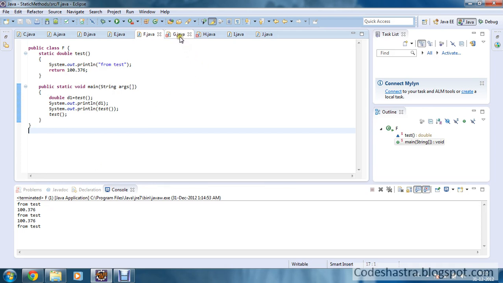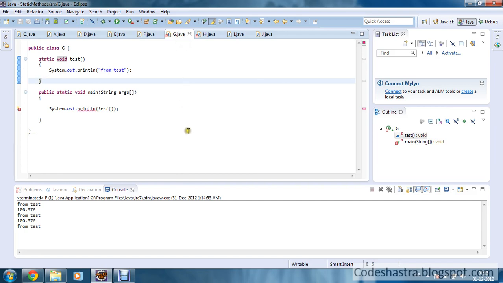Very easy. Now we are moving to the g.java class. This is an important class, so have a look at this class. We have defined one static method and the return type is void here. So here you can see that